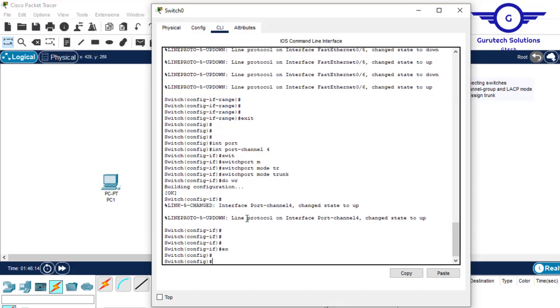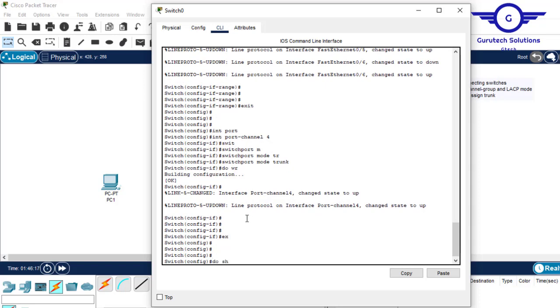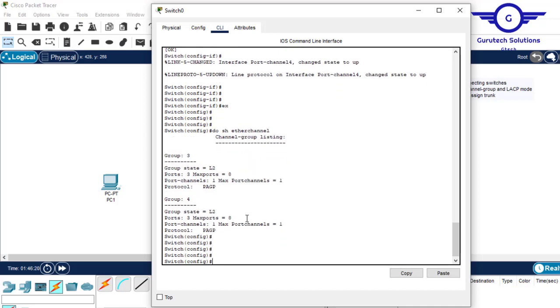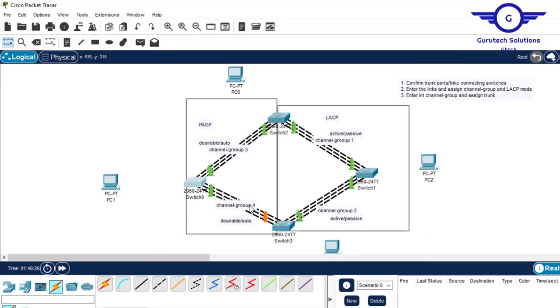Just say exit, do show either channel. So that's also group 3 and group 4. Good. Group 3 and group 4, that's okay. So basically I think